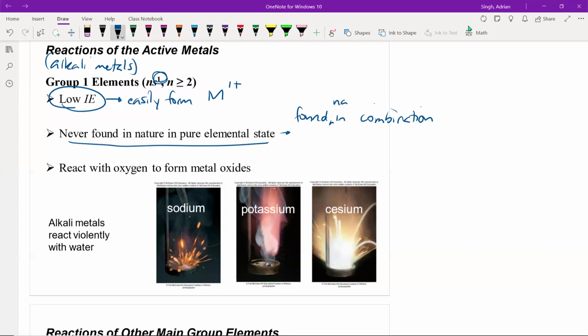So found naturally in combination with other things. Okay, so for example, if you take a look at some of the group 1 metals, they in some cases can react violently with something as simple as water. So for example, they can react with H2O. So if I have my generic metal M,